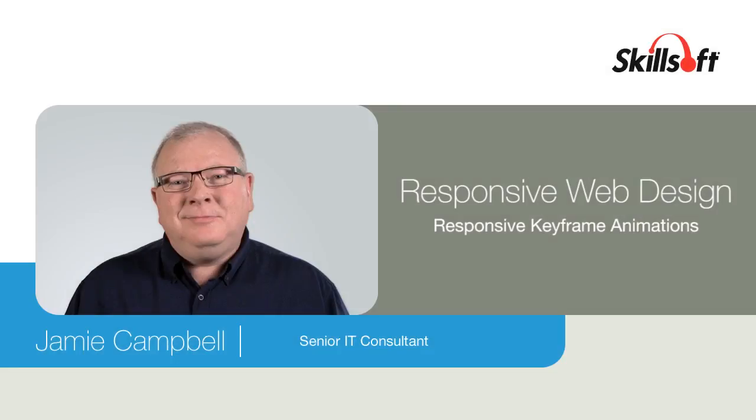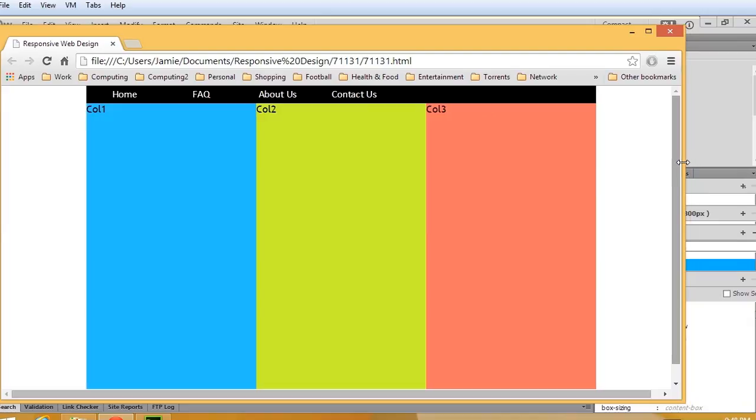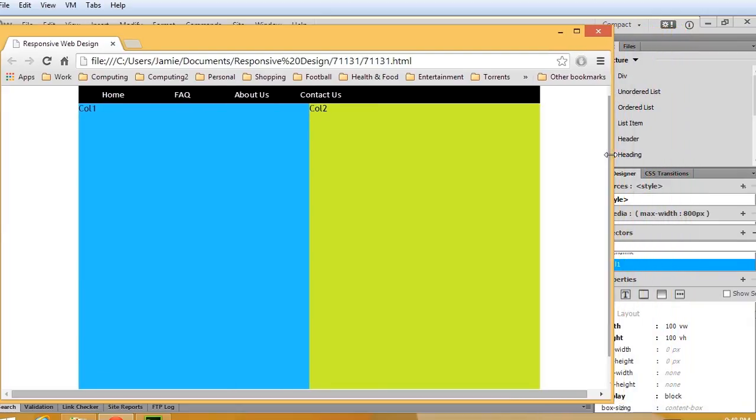In this video, I'm going to discuss responsive keyframe animations. Okay, so I've got a basic web page here and just a layout that sort of shows us this three-column look, and there's really not much to it. If I go ahead and shrink this down, we'll see that there are breakpoints here, and right there it's going